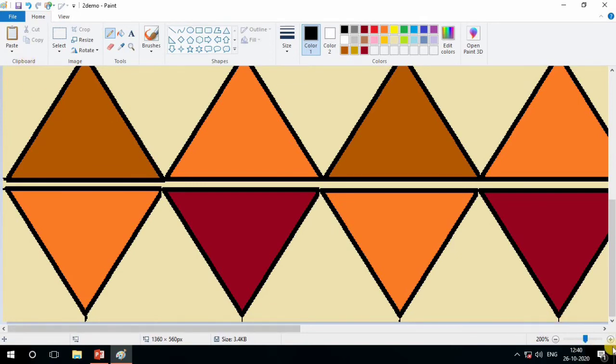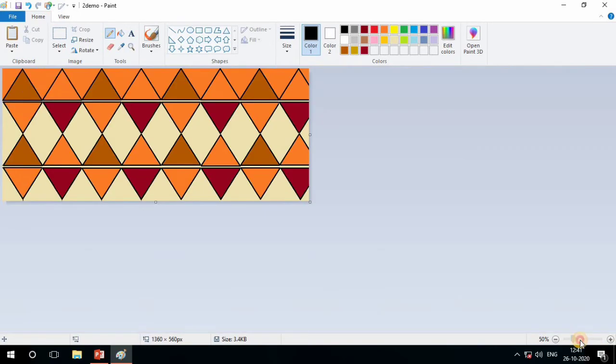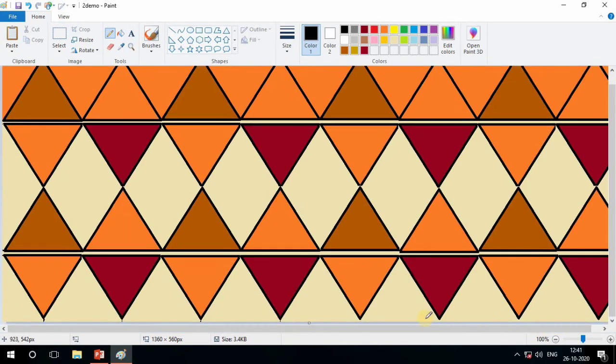Okay, now see, here is also a gap. So again zoom the picture, come here and fill the gap using the pencil. Yes, using the pencil. The last one is not correct or straight.